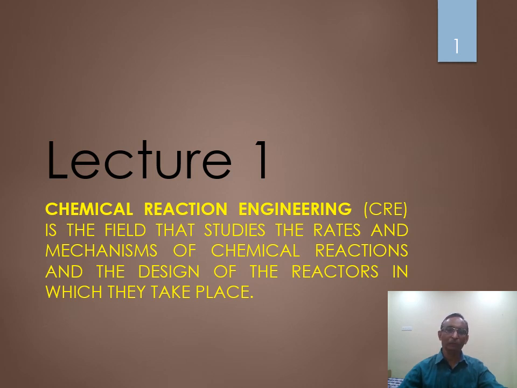Depending upon these 5 steps or 3 steps, you are going to identify which step controls your reaction. Out of these 5 steps, which step controls your reaction, that comes under the mechanism of the chemical reaction which is carried out in the reactor. So initially you define the rate, then the mechanism, which decides how that particular reaction is carried out in the reactor, and then finally depending upon this rate and this mechanism, we are going to design the reactors. So this, in general, is the definition of chemical reaction engineering.